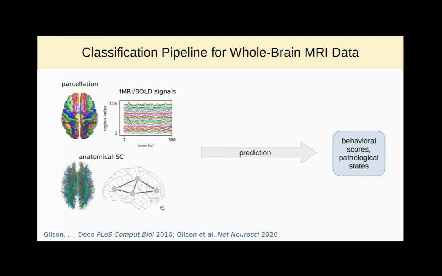And we would like to combine this information with structural MRI data that's concerned with the connectivity, so the white matter fibers that go between the same regions. And so a pure machine learning analysis would be to align these different types of data in a prediction pipeline, a classification pipeline. But what we did was